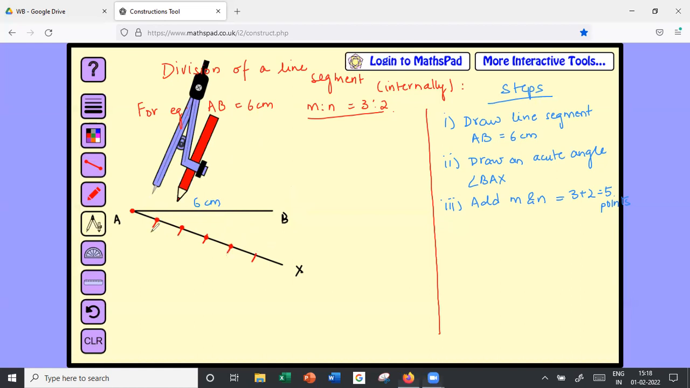Okay, so I have made 5 points here: 1, 2, 3, 4 and 5. I'll write the steps also. Make m plus n, which is nothing but 5 points on AX such that